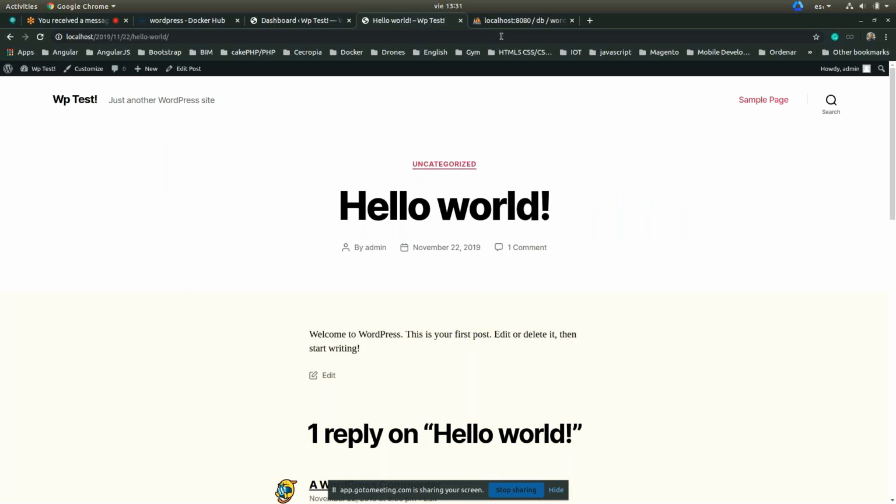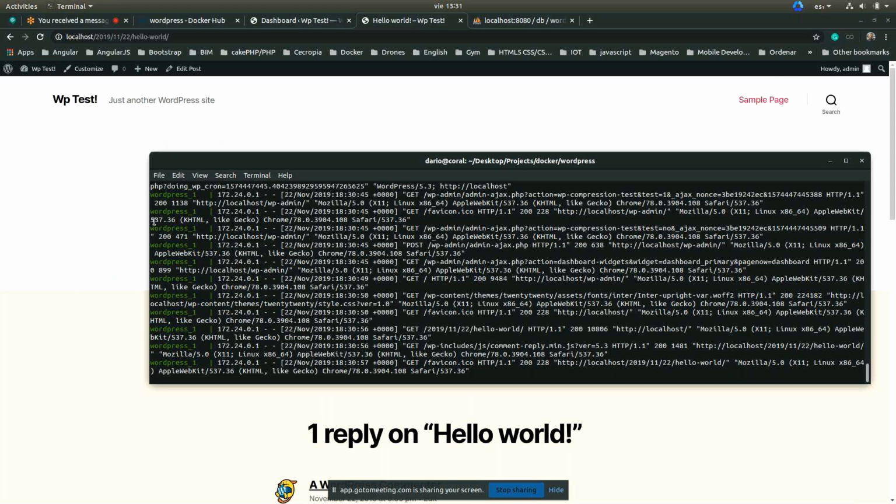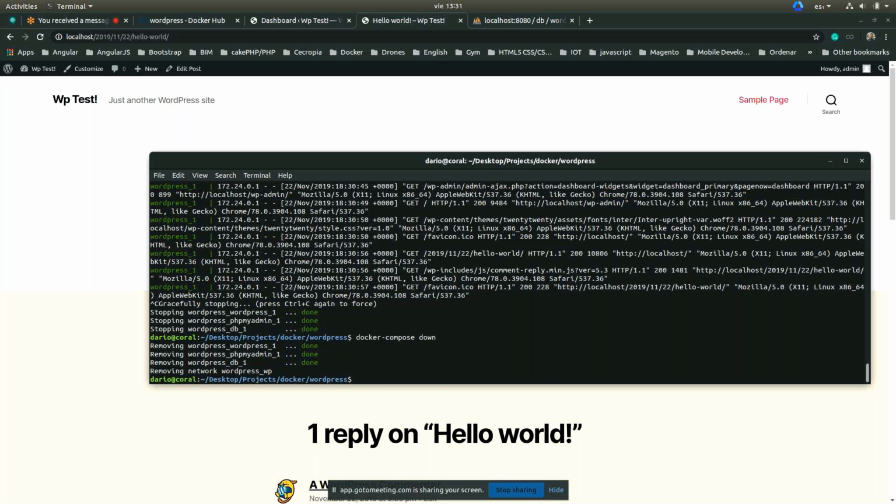To see that everything is working, you can see here the WordPress console log. If you don't want to see this, there is a way. Let's stop this, and we can use this command.